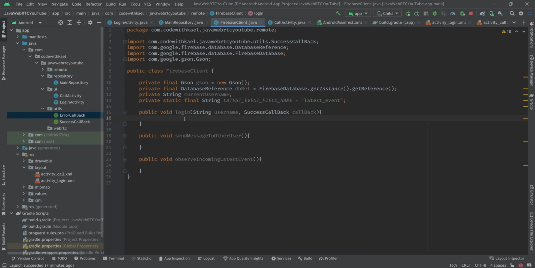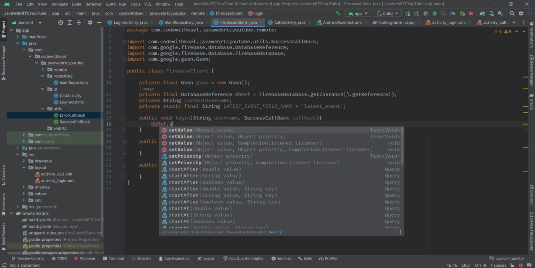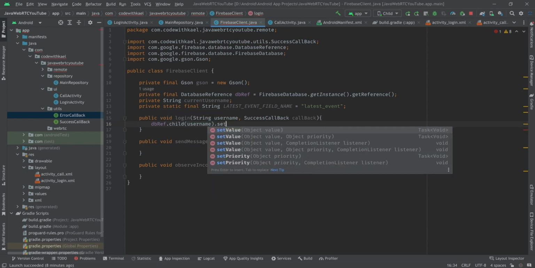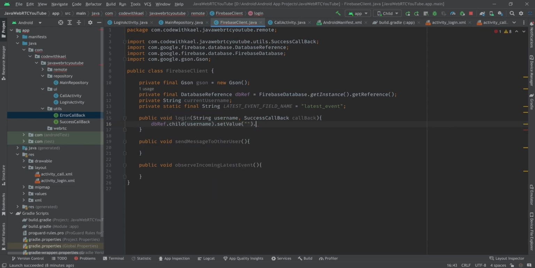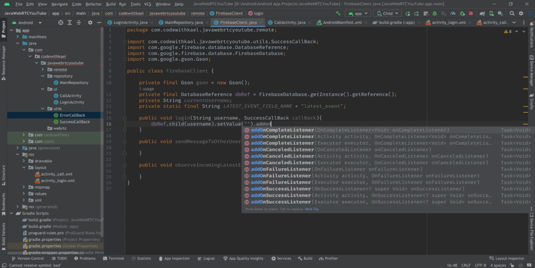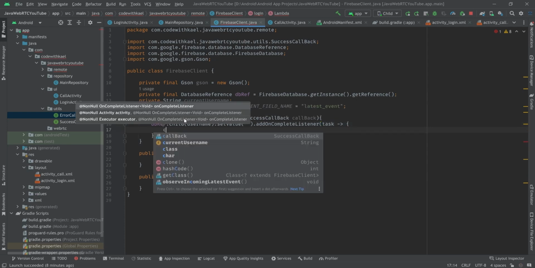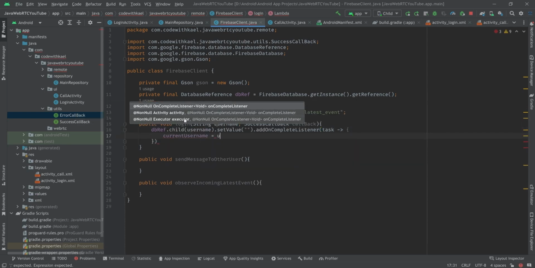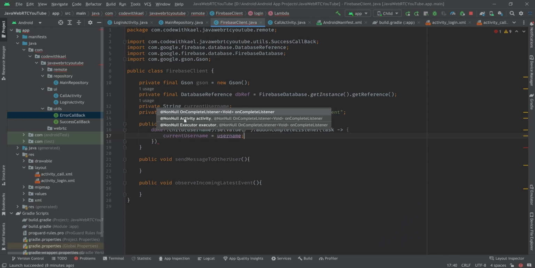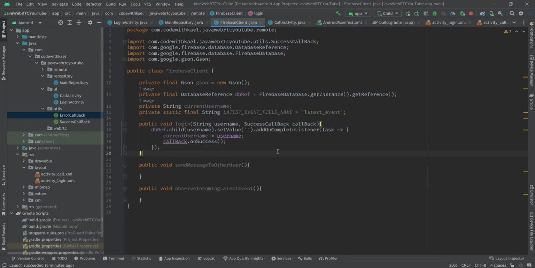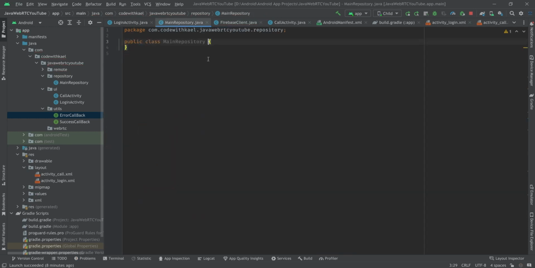And then right here, using our dbref, inside the child of username, I'll set the value to an empty string and add on complete listener, and we'll get a task here. First we want to set the username to this username, and then call our callback dot on success. Simple as that. So let's go back to our main repository here